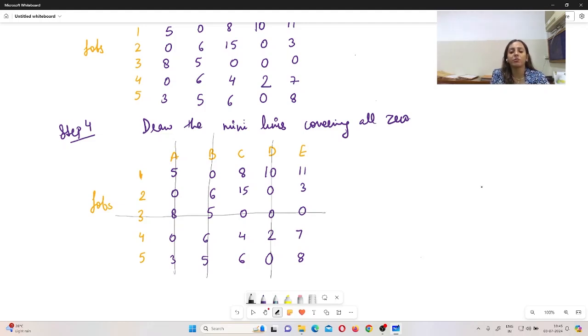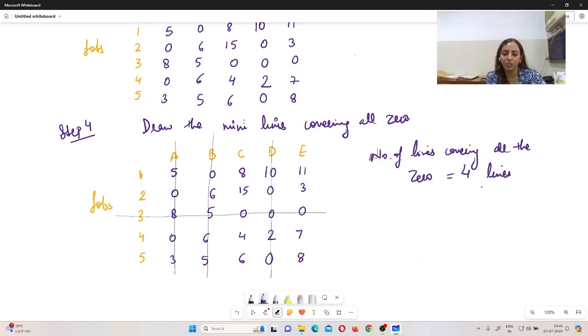So, what we get from this is the number of lines covering all the zeros. So, we write over here, number of lines covering all the zeros. How many lines are there that are covering all the zeros? Only 4 lines we have made up, right? So the number of lines is 4 that cover all the zeros, but the matrix which we are